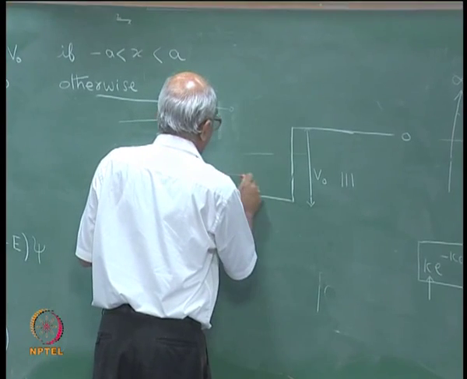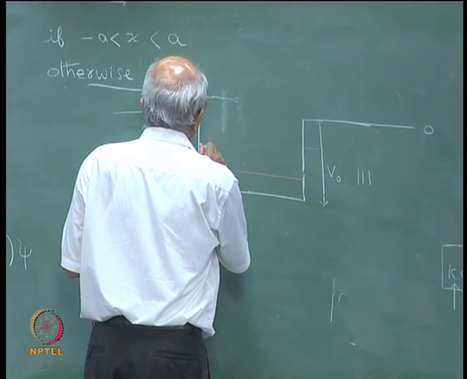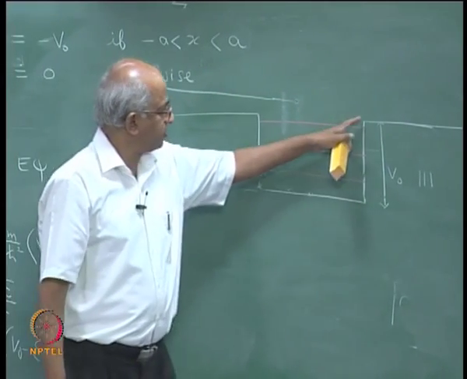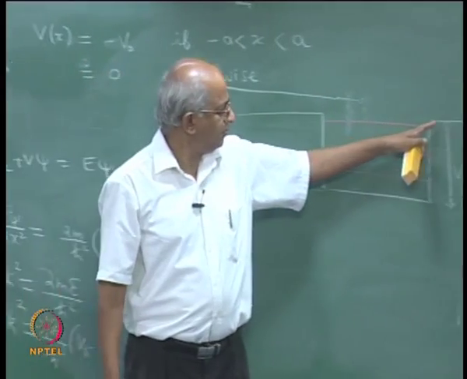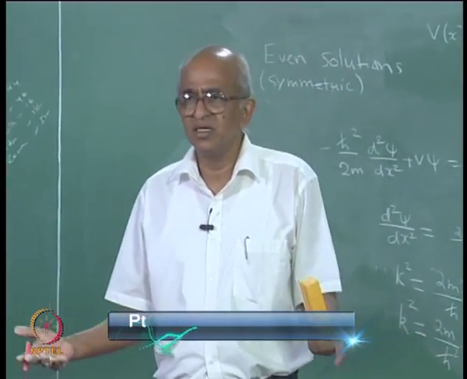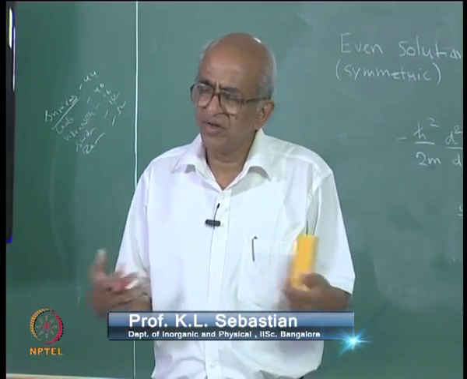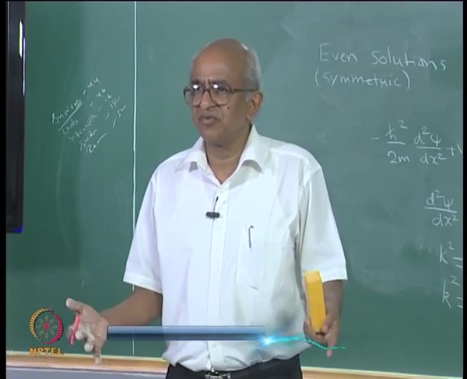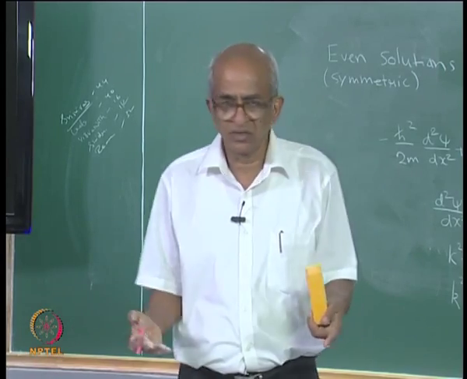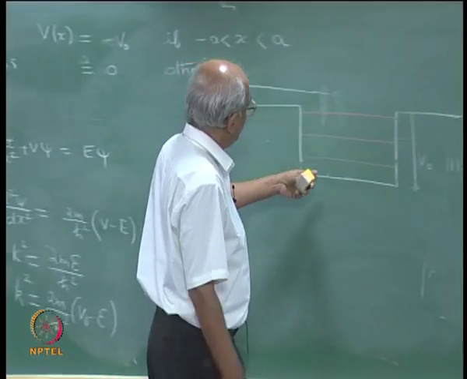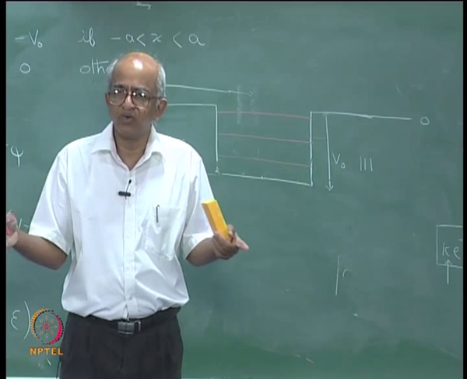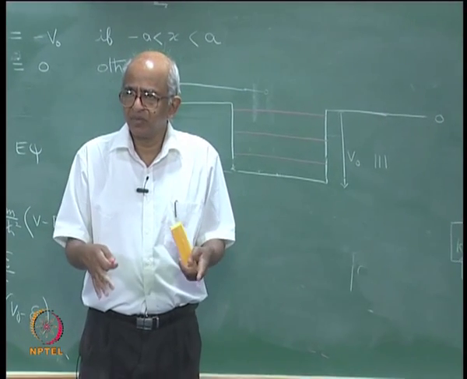So, it will have maybe one energy level there, another energy level maybe somewhere here, and a third energy level may be very close to 0, maybe something like that. It would have 3 energy levels, or maybe 4. I mean, the number of allowed energy levels in the box is actually finite. Only a given number of allowed energy levels are there. So the system may remain in any one of these 3, and if the system remains there, then we say the system is bound, it is trapped in the potential well.